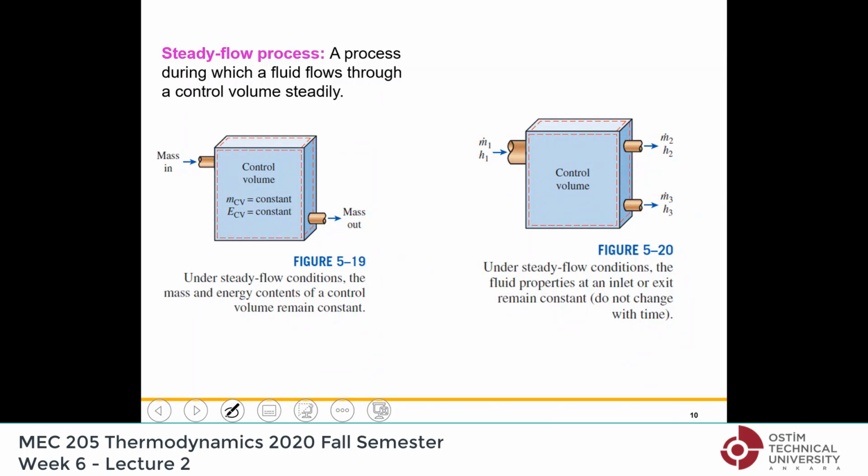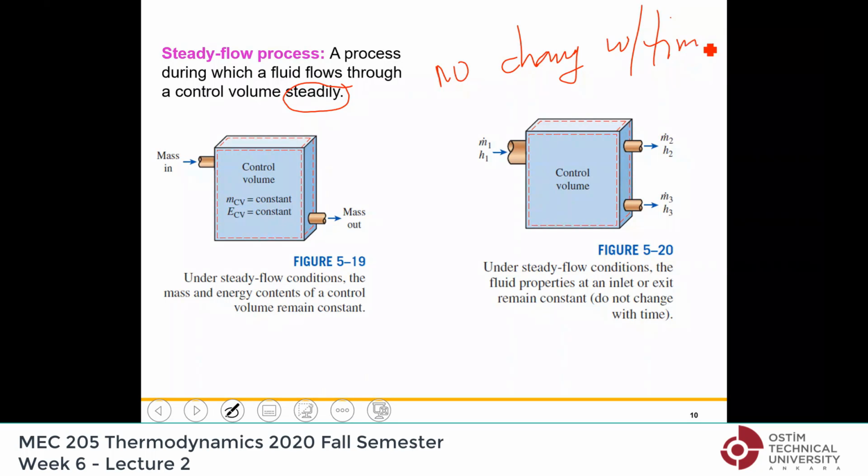Steady flow process, again, remember, is a process during which the fluid flows through a control volume steadily, meaning no change with time. If you take anything, the time derivative of anything is 0 during steady processes. It may change from one place to the other. For example, the density here may be ρ1, here let's say ρ2, okay? But